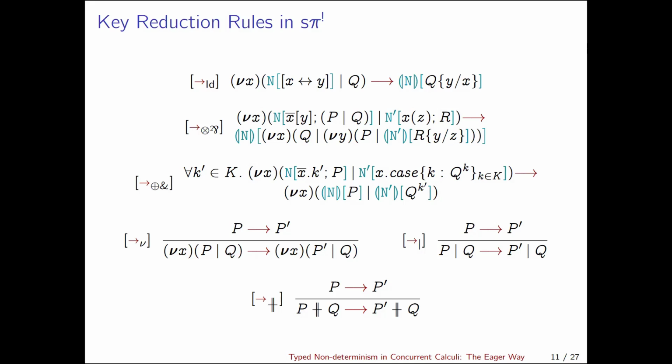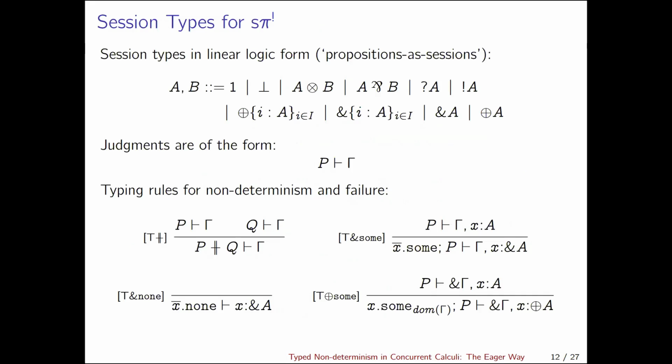Yes, this is the most interesting one. So now I want to type it. These are the types in linear logic. This is typing a channel that first sends a name of type A and then behaves as B. That's what it means. This is expecting to receive a name of type A and then behave as B. This types a client and this types a server, for instance. And this one is choice and the other one is selection, and then we have lots of typing rules